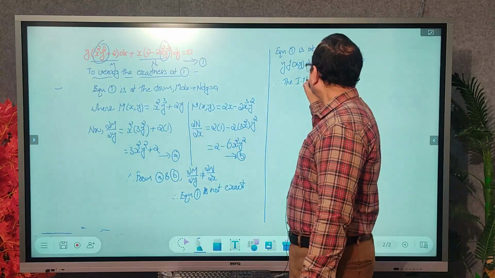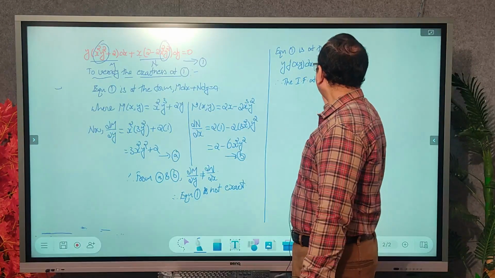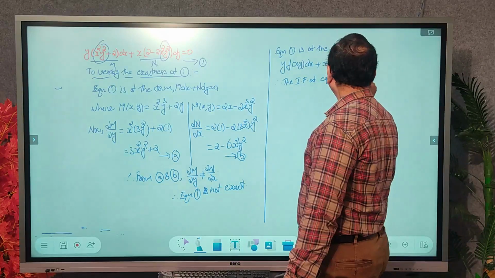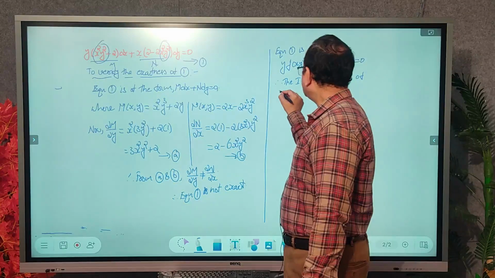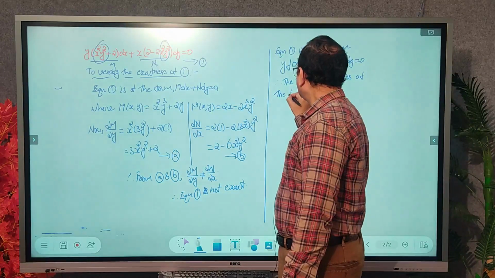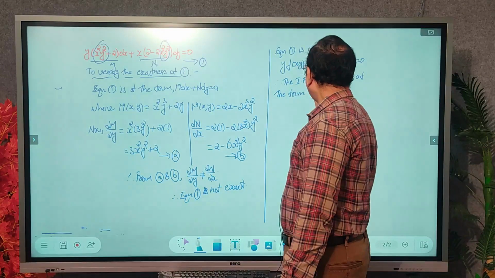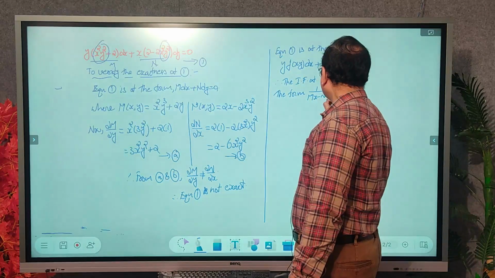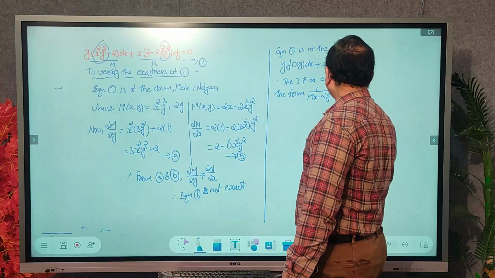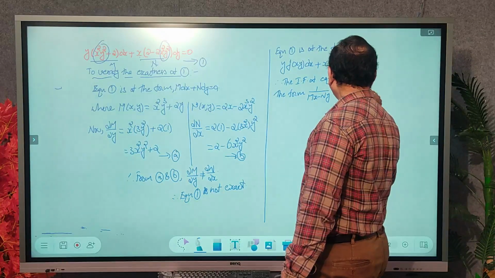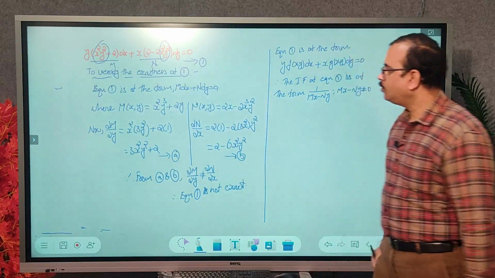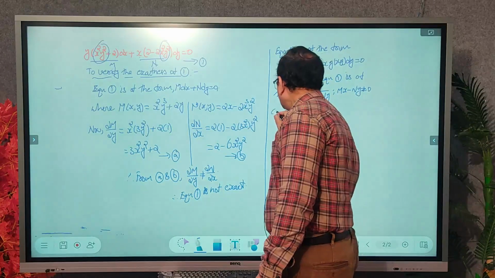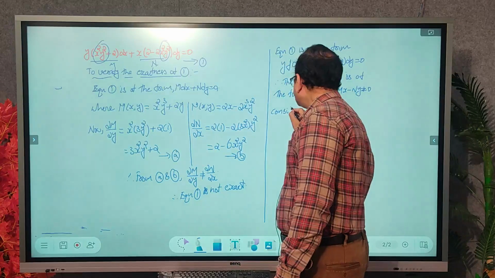the integrating factor of equation 1 is of the form 1 by Mx minus Ny, of course Mx minus Ny is not equal to 0. Now we will check the value of Mx minus Ny. Now we calculate that one. Now you consider